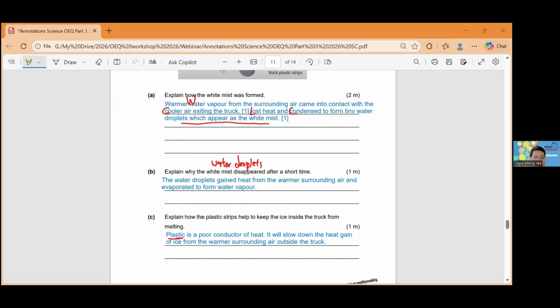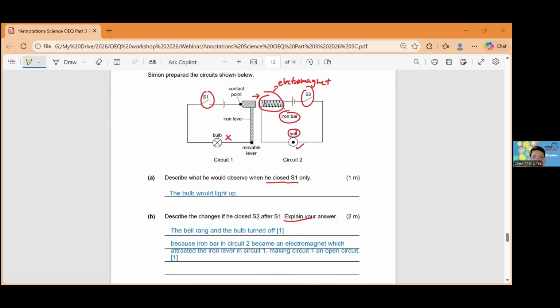Okay, 16 again. Yes, 16 here. If the mist will evaporate, why does cloud not evaporate? Mist is water droplet, right? So they will evaporate. Yes, because at the cloud level in the sky, it's very cold. But we're talking about mist on land, like at ground level. So the temperature and the pressure are not the same.